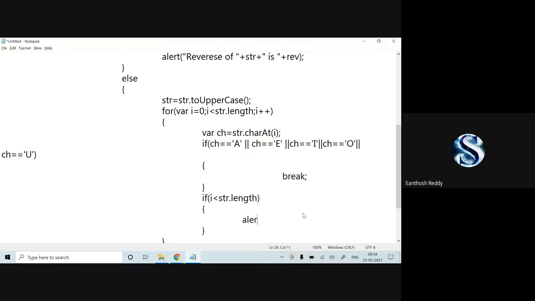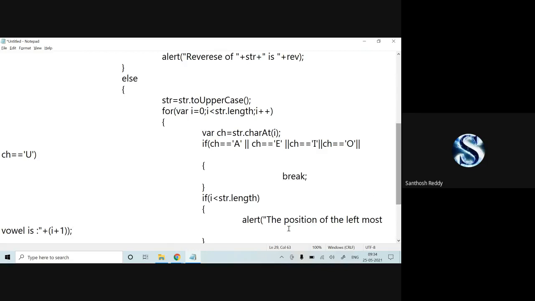So I'll write alert, "the position of the leftmost vowel is:" plus i plus 1. Give semicolon. That's it.